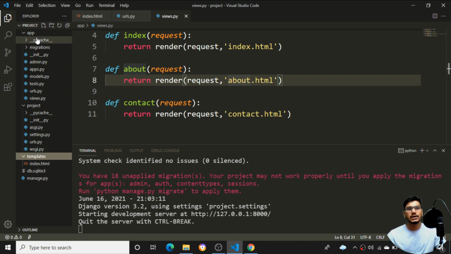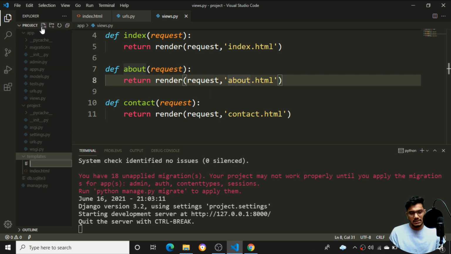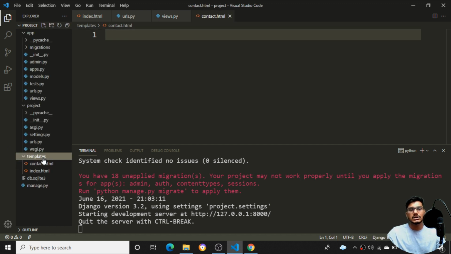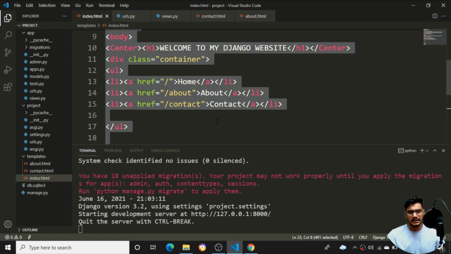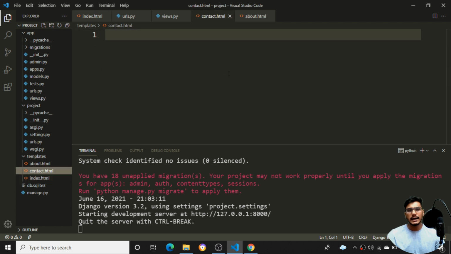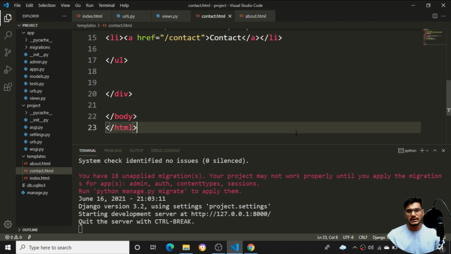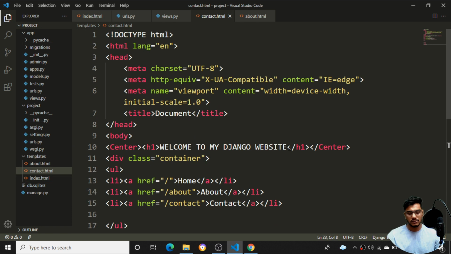So I'll just create a new file. Here I'll mention the contact.html file, and I'll create a contact.html file. Inside my templates, I'll create one more about.html file. Enter it. So you can see all my front-end code I'll be adding only inside my templates, rather than everything being the back-end code. Now whatever is in the index, I'll press Control A, Control C, and paste it over here with Control V.